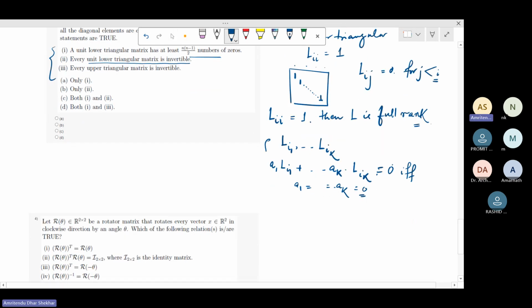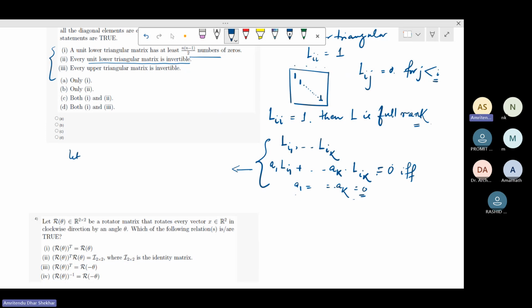Yeah, I'm not proving the statement, I hope the proof is clear. The proof is like this. If you take any linear combination of the columns with coefficients a1 to ak, and at least one of these is non-zero, then